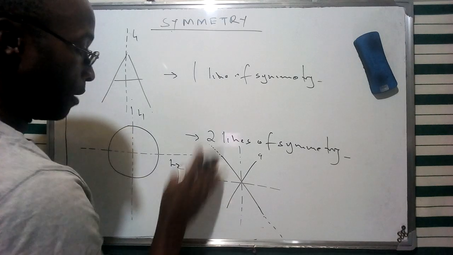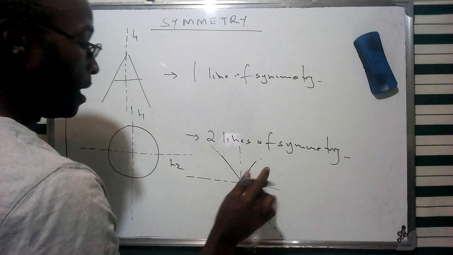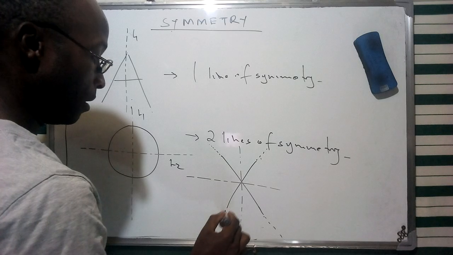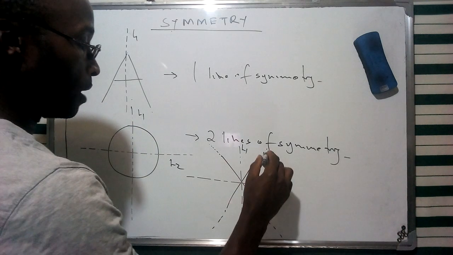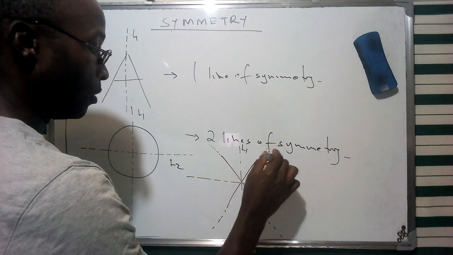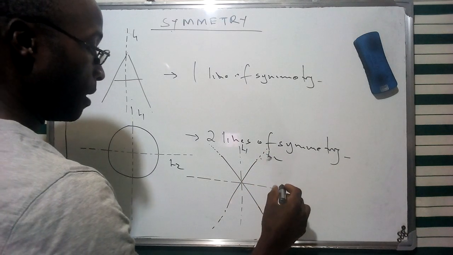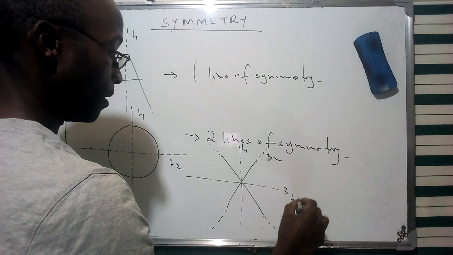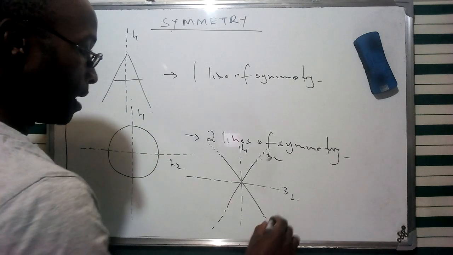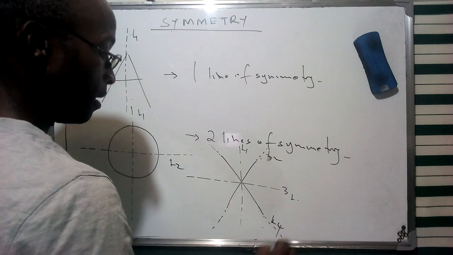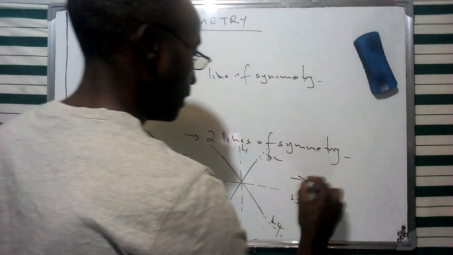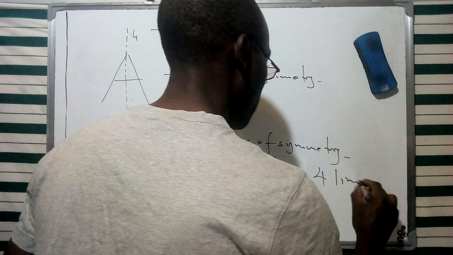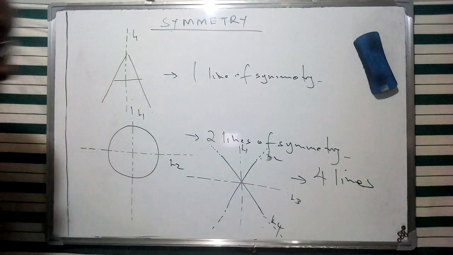So we're going to have this line of symmetry dividing this part, and then we're going to have another line of symmetry along this particular section. So we're going to have one line of symmetry, two lines of symmetry for L2, and then three lines of symmetry for this one, and lastly the fourth line of symmetry given as such. So this specific letter is going to have 4 lines of symmetry,